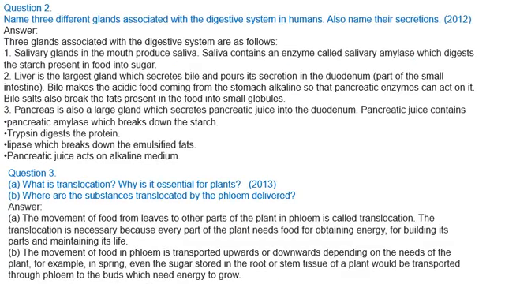Next question. Name 3 different glands associated with digestive system in humans, also name their secretion. If you start from the first, salivary glands, we have 3 sets of salivary glands. The enzyme secreted by a salivary gland is salivary amylase, and this digests the starch present in the food.